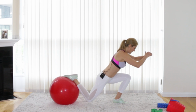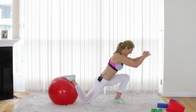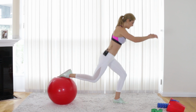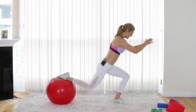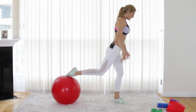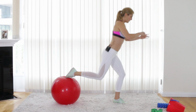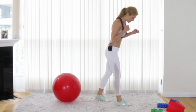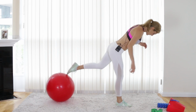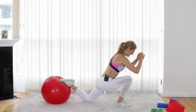6, 5, good, 4, you really need to focus here, 3, 2, 1 more. Good, okay, I swear the eye gaze is everything, so keep your eyes fixed on one spot. Helps so much. All right, okay, all the way down for 6,